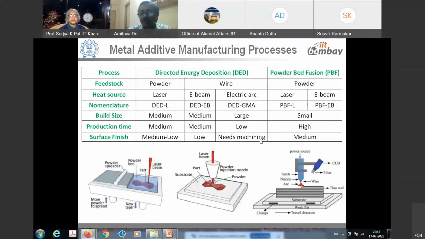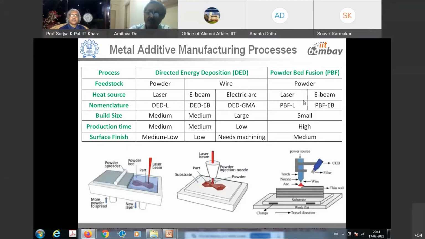So it would require a final finishing, machining, a lot more such finishing operations would be required. However, in case of a powder as a feedstock, the surface finish would of course be much better compared to this process. So depending on a variety of such attributes, the choice is either this directed energy deposition process or powder bed fusion process,